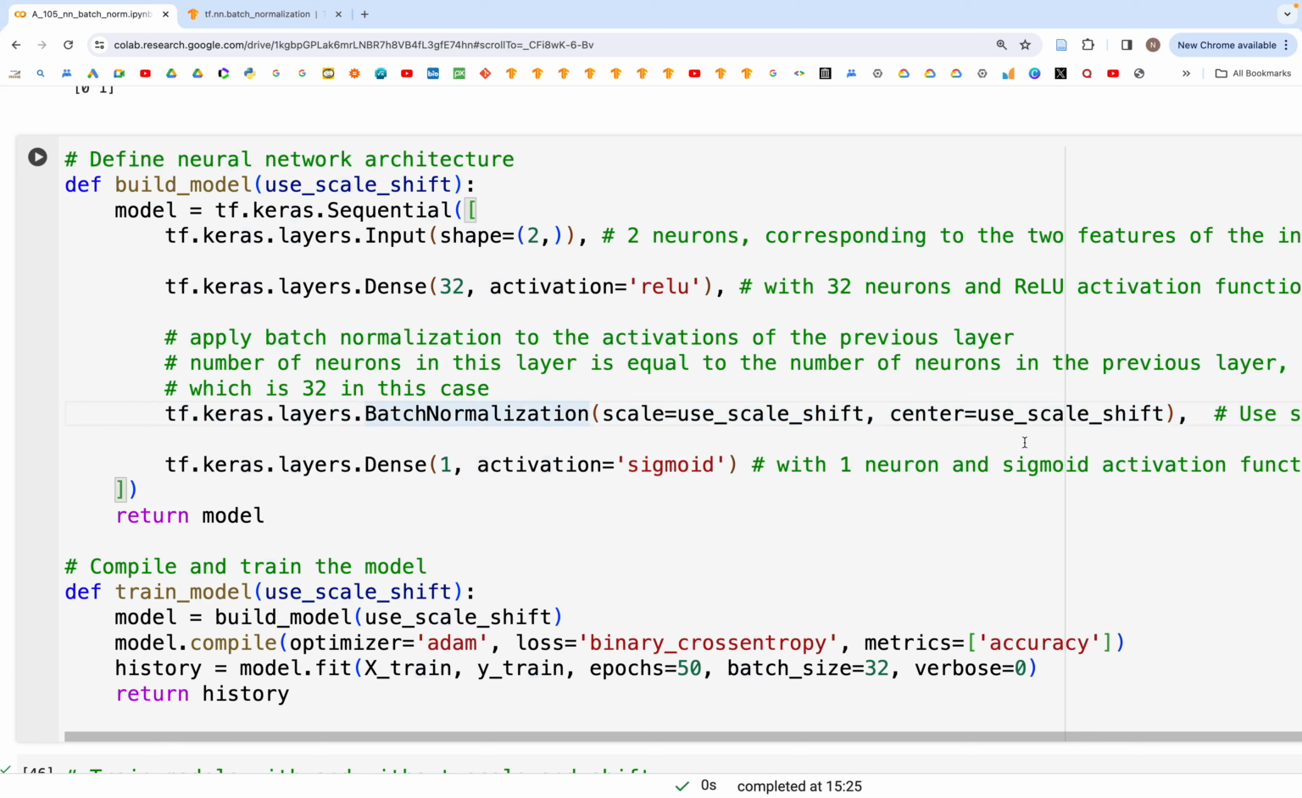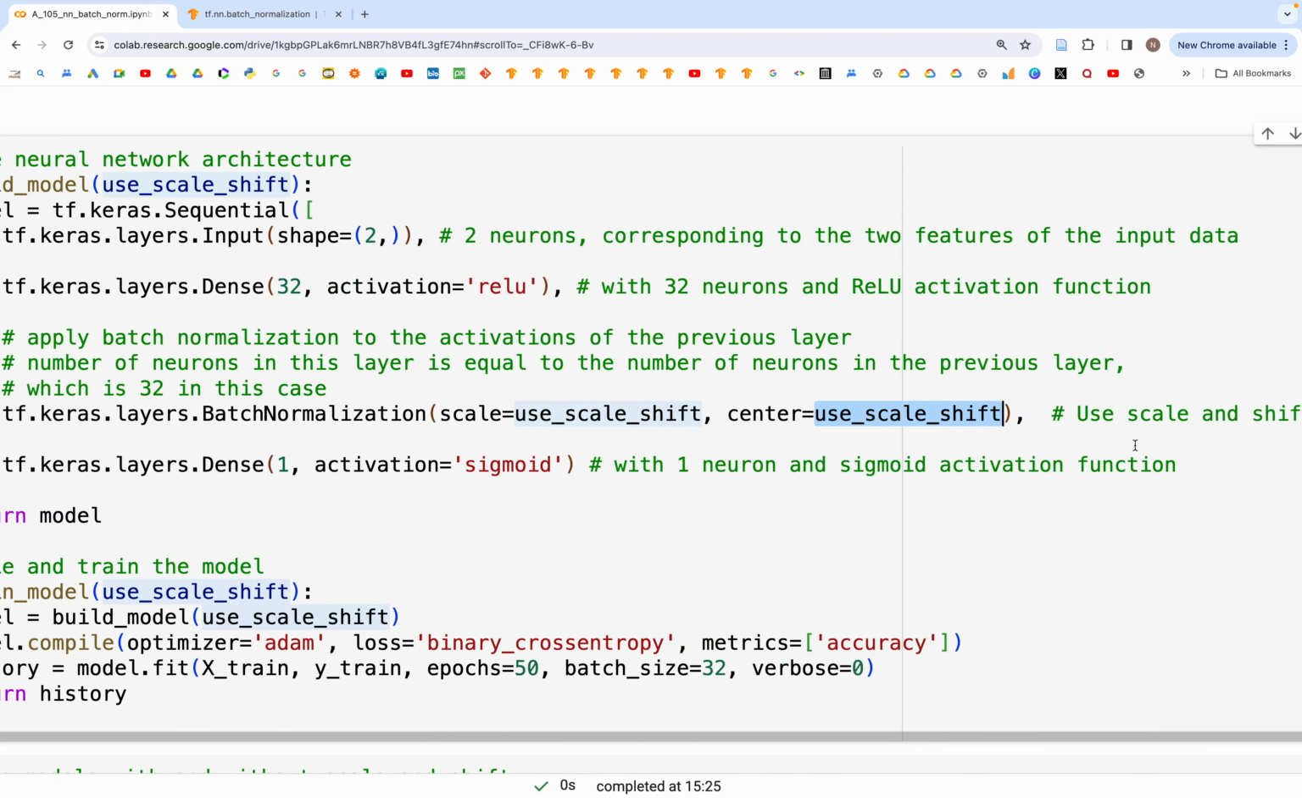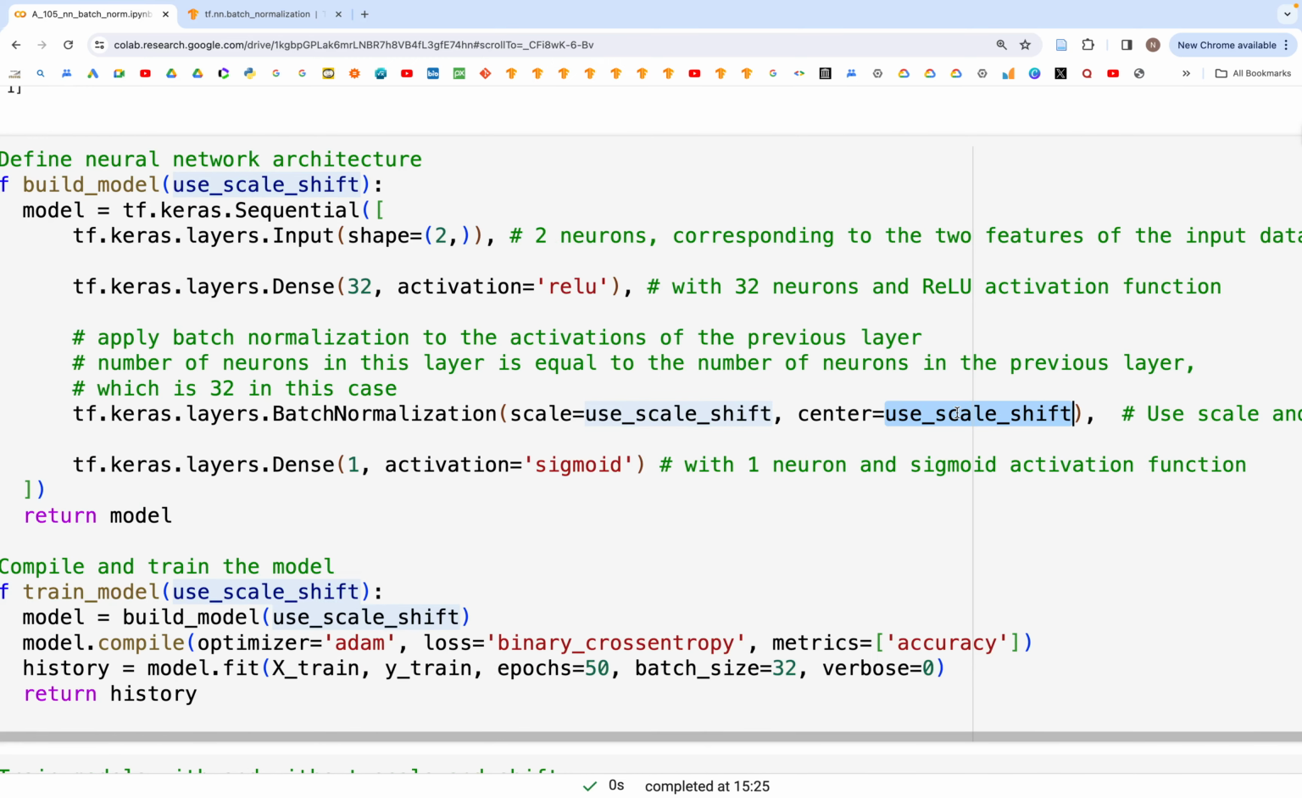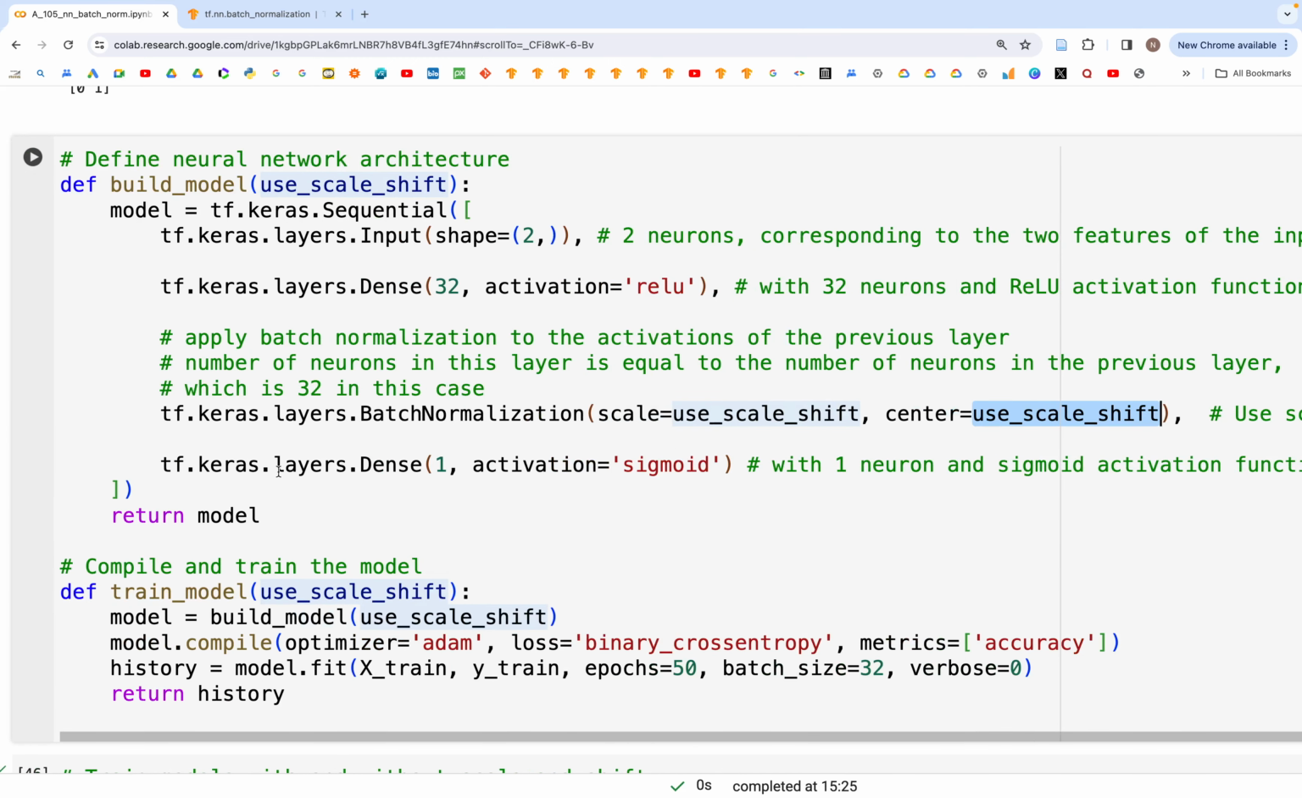BatchNormalization center is equal to use scale shift. So if it is true, it will do the centering. If it's false, it won't do the centering. So that's what we have, scale shift if true. And